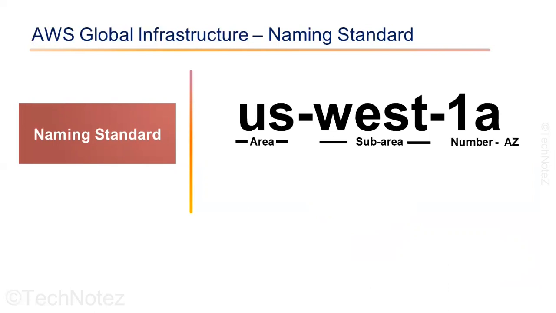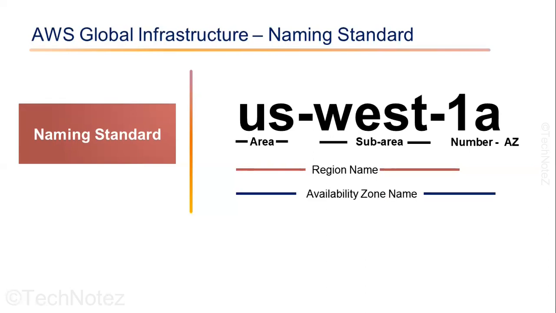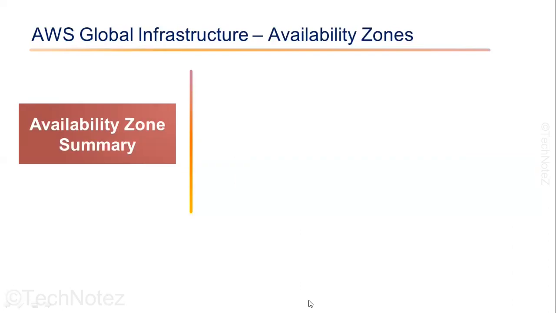We then have a number because we might have two different regions or more in a specific area, and this is the case. We have both US West 1, which is Northern California, and US West 2, which is Oregon. But we leave off the letter, and that gives us the region name. So when we are talking about a region, we would say US West 1 as a region. But if you want the entire availability zone name, it would include everything from US West all the way to 1A.